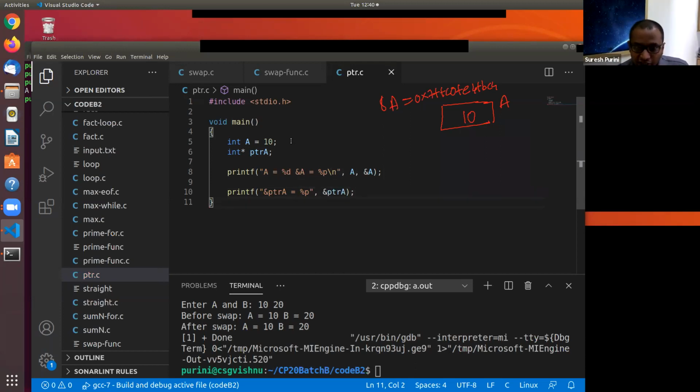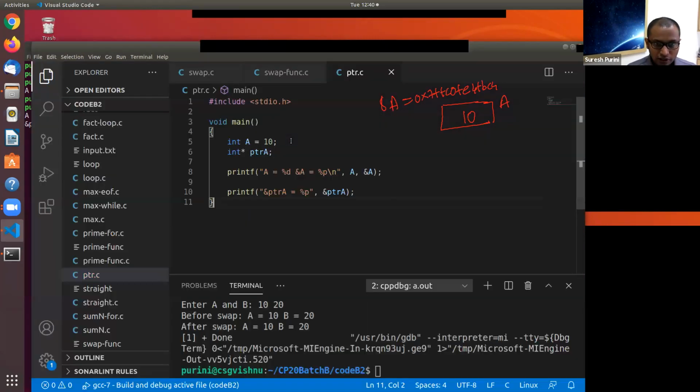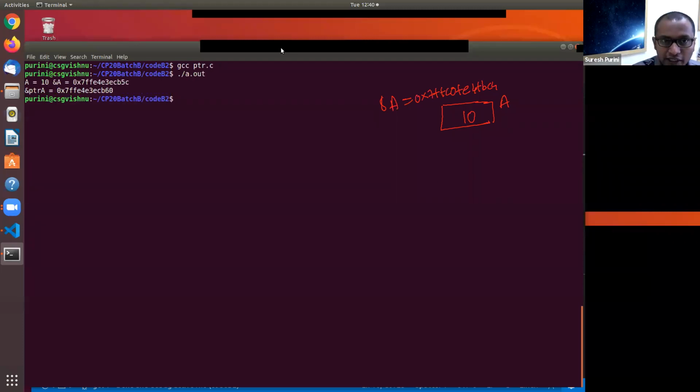Since ptra is a variable, it is allocated memory somewhere, so it has its own address. So let's print the address of that variable. gcc, sorry. Can you see the address of the variable ptra here?